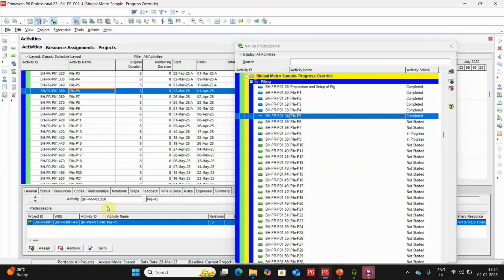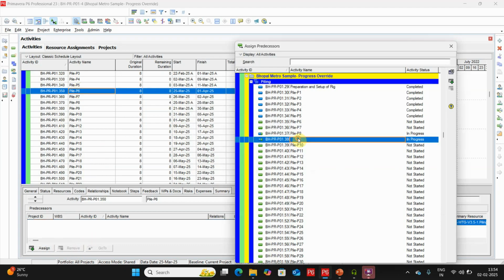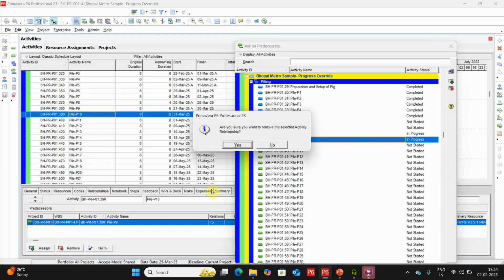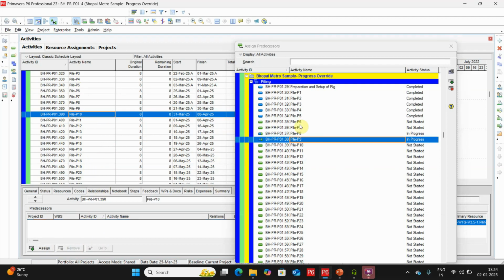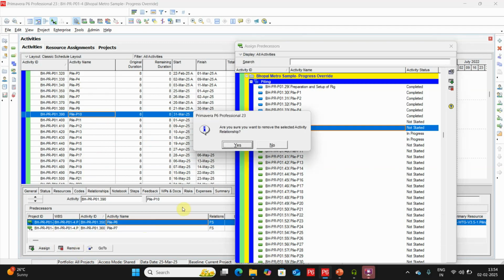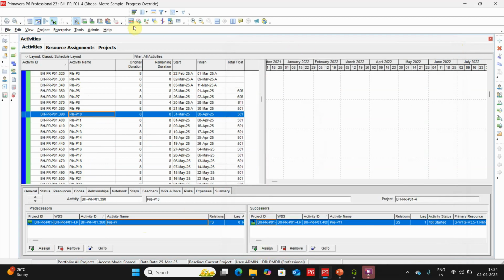P6 should be started after completion of P9, and P10 should be started after the completion of P9. Oh, sorry, P7. So this is your way to remove the out of sequence in progress override